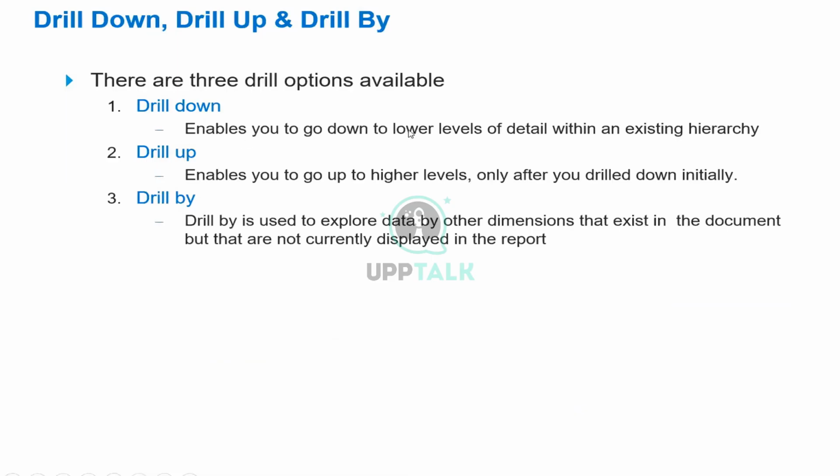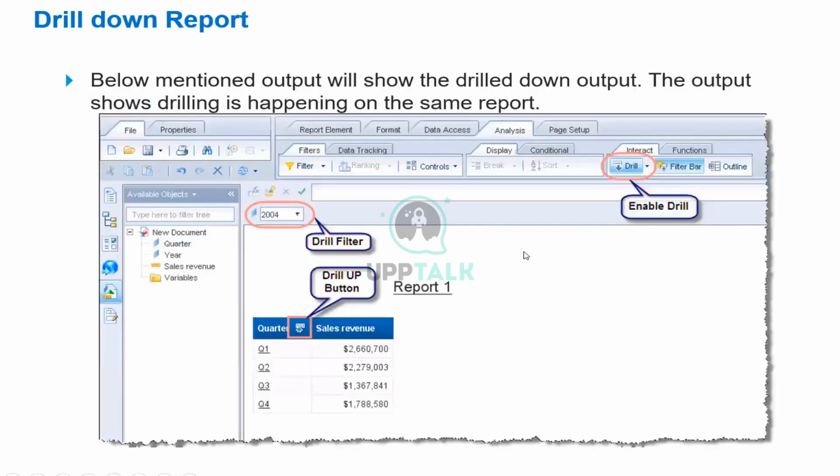Drill down enables you to go down to lower levels. Drill up enables you to go up to higher levels. Drill by is used to explore data by other dimensions that exist in the document but that are not currently displayed in the report. If you see here, the drill down report,